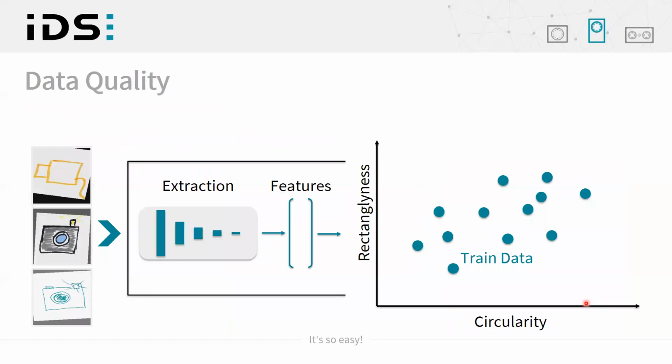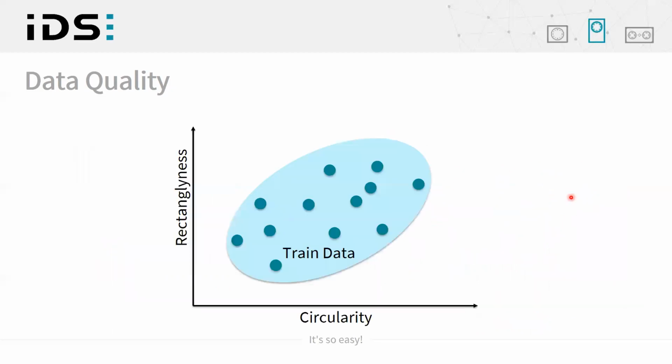Okay, so you've set up your imaging. Now the question is how to assemble these images into a good data set. And for that, I'd like to go back to the image I've shown in the beginning where we represent each image with such a point in our made up feature space, rectangleness and circularity. Now we have several of these images we trained the neural network with, and the neural network puts them somewhere here in the feature space, and we can characterize them by such a distribution.